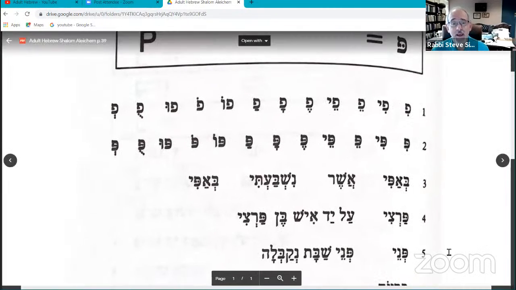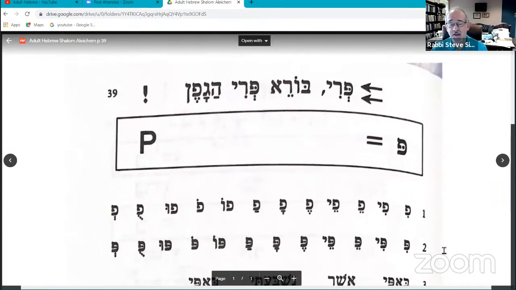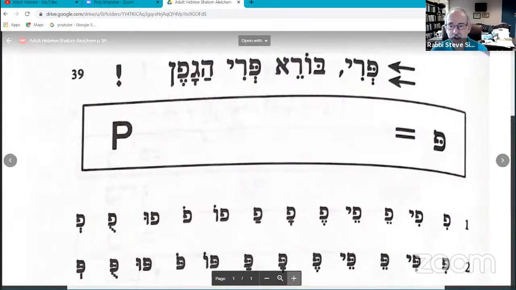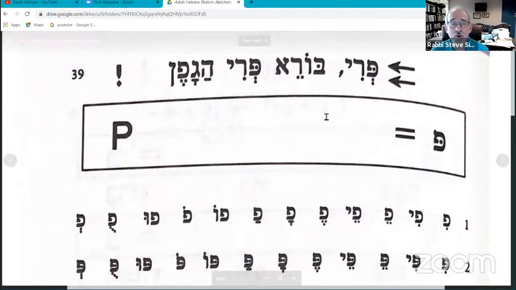Welcome to the Pei. This is, I think, one of the most challenging elements of Hebrew. This is a Pei. And please just look at it for a moment. You see it is the Fe with a dot in the center. This is the P sound. It's pronounced Pei. This is a Pei. And so the phrase that we're about to learn how to read by the time we